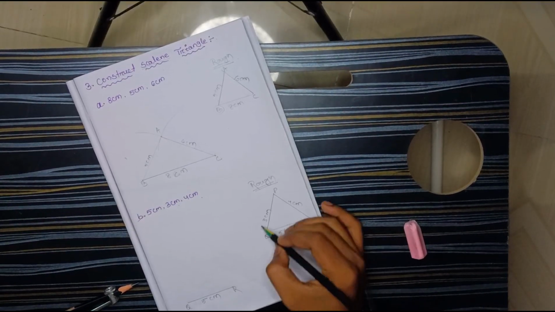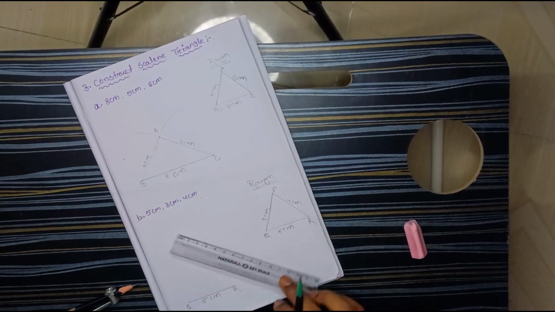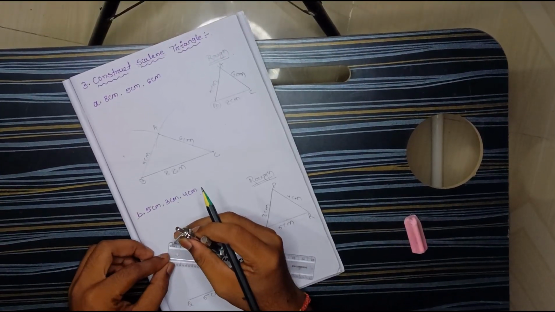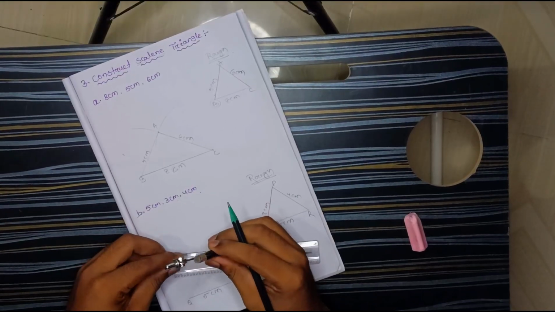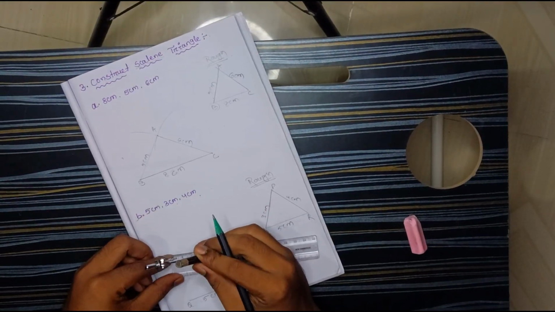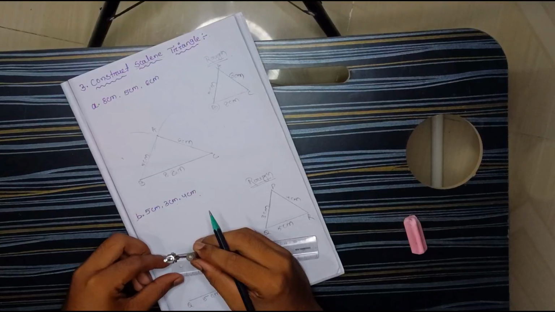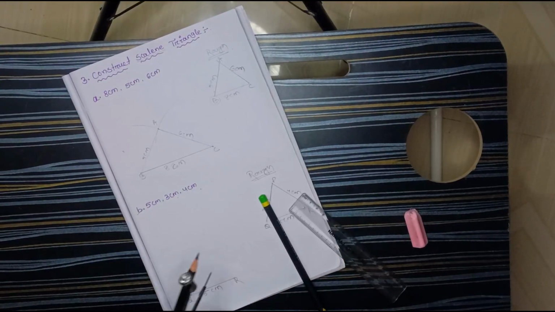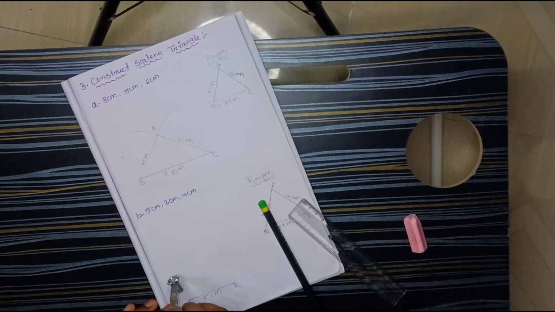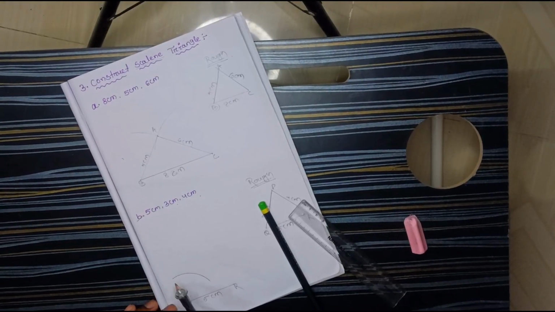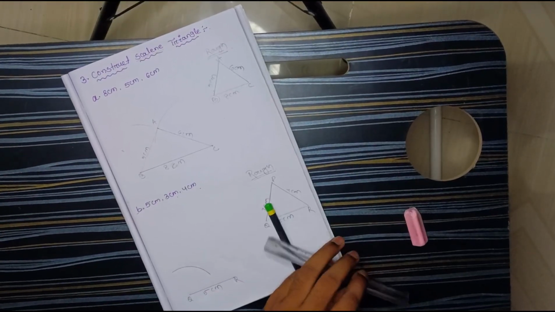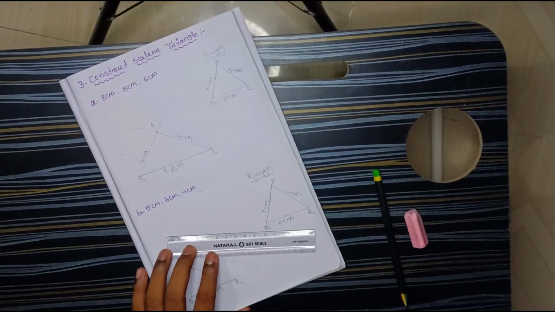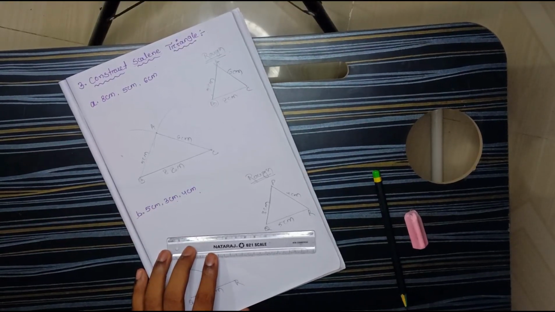What's the measurement? Its length. Okay. Now it's time to draw PQ. For PQ, I need 3 centimeter. So firstly, I will keep the point here, and here I will keep the 3 centimeter. Okay, so this one is your measurement of 3 centimeter. So taking 3 centimeter, I made an arc here. Whenever you draw an arc, draw a slightly bigger arc so that the second one you get can cross over it. If that is crossed only, then only you can get the point, otherwise you cannot get the point.